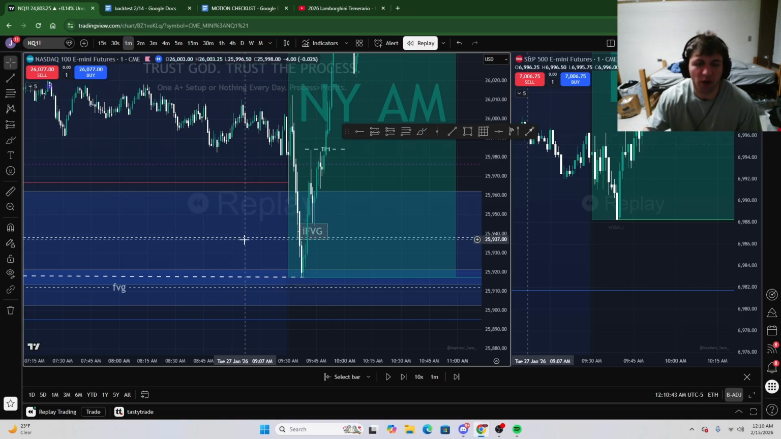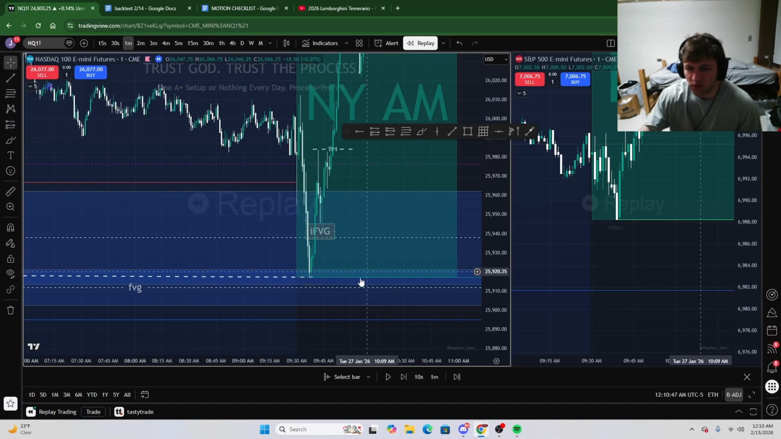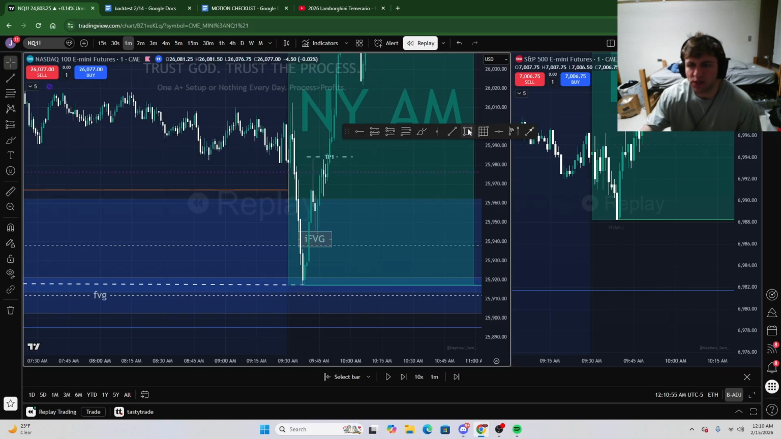So this is fucking money. External SMT. Let's see if there's an internal. Doesn't look like it. So no internal SMT. But I mean, this is pretty money. We're accumulating pre-market, not really making any moves. I wouldn't call it an AMD model because we